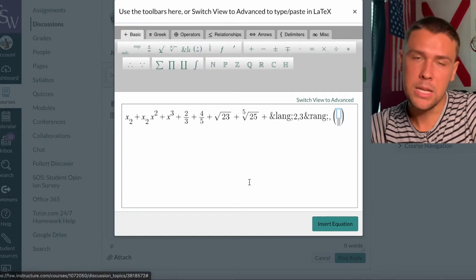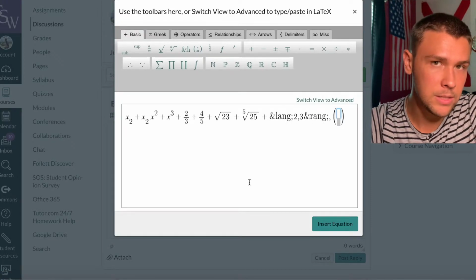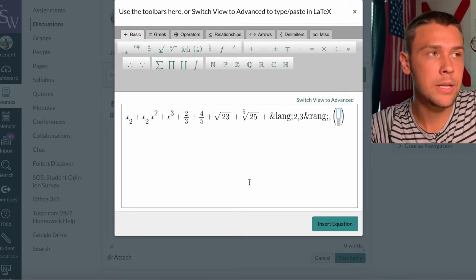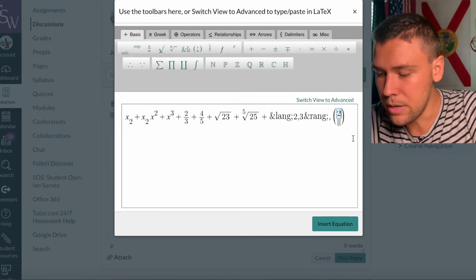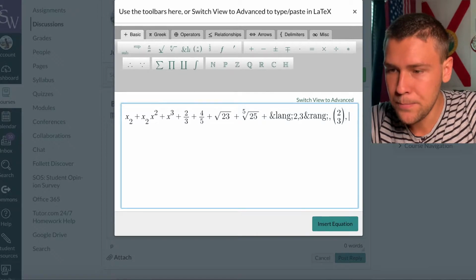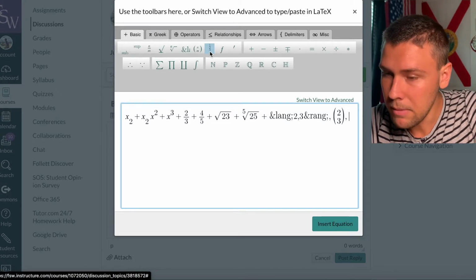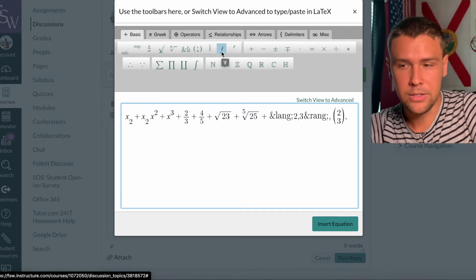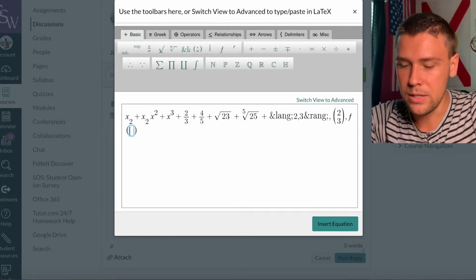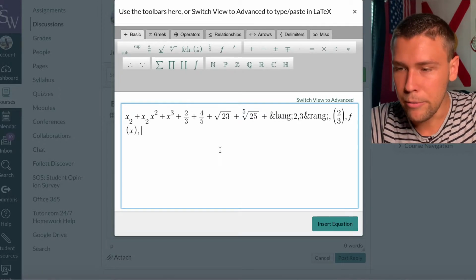Here we have combinations. This will be useful sometimes in stats you might cover it, or also in math for liberal arts you might go over this a couple times. But this is how you do a combination, and that's what that looks like. This here, I don't know. Don't worry about it. This here is an f, so that's just the fancy squiggle f you see when you see like f of x. That's how they'll write it.